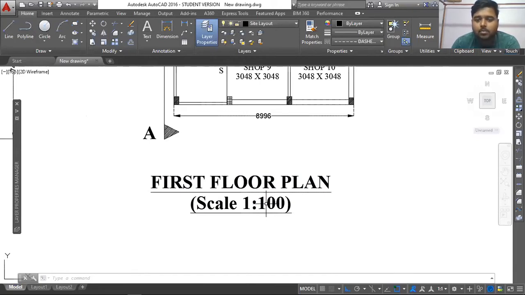That means if this drawing is printed on a paper, and with the physical scale I'm measuring it, and it is showing that the particular line is 3 centimeter, that means in actual field that same line will be 3 centimeter into 100, that means 3 meter. So that is how your scale works. Or else what is the meaning of a scale?